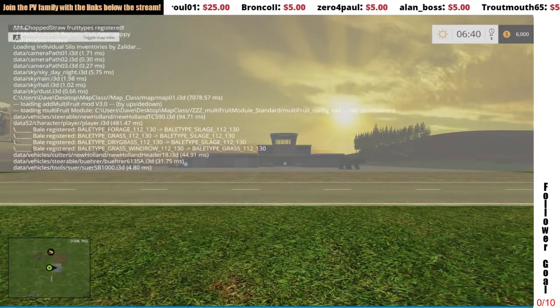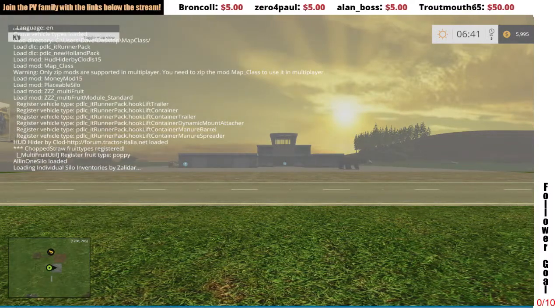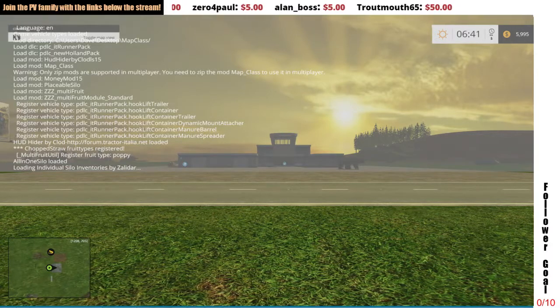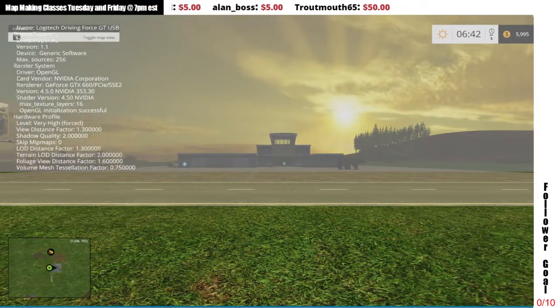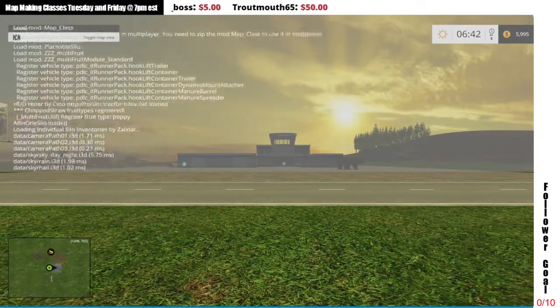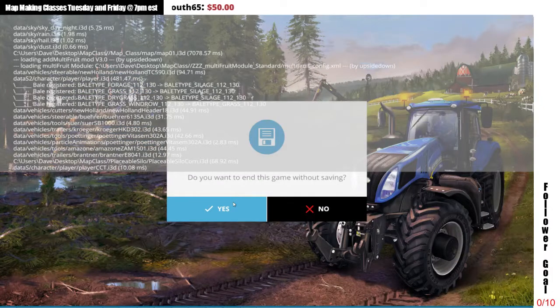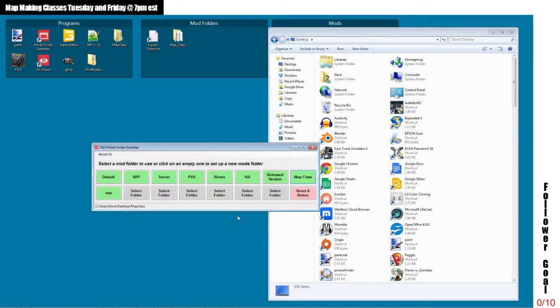But if we go back through, we see the whole log. The only warning we have is that my map isn't zipped. When I work on my map, you have to have a zipped file for multiplayer. But other than that, when I work on the map, I'm always working with it unzipped until I make my final version. So we go through, nothing else, no problems in the map. So we did a successful copy of the map. Now, at this point, because it's just the test map, I don't expect us to have saved any, well, definitely nothing sizable, but